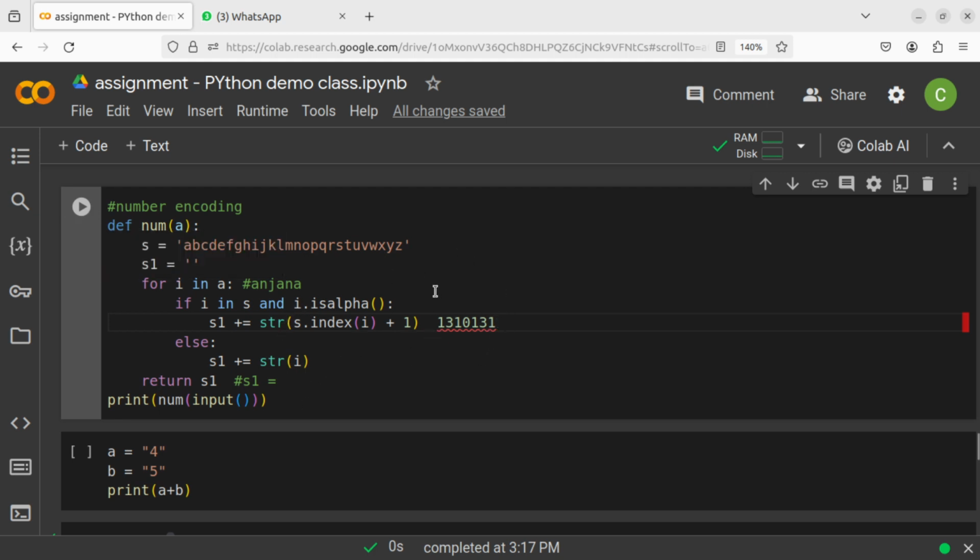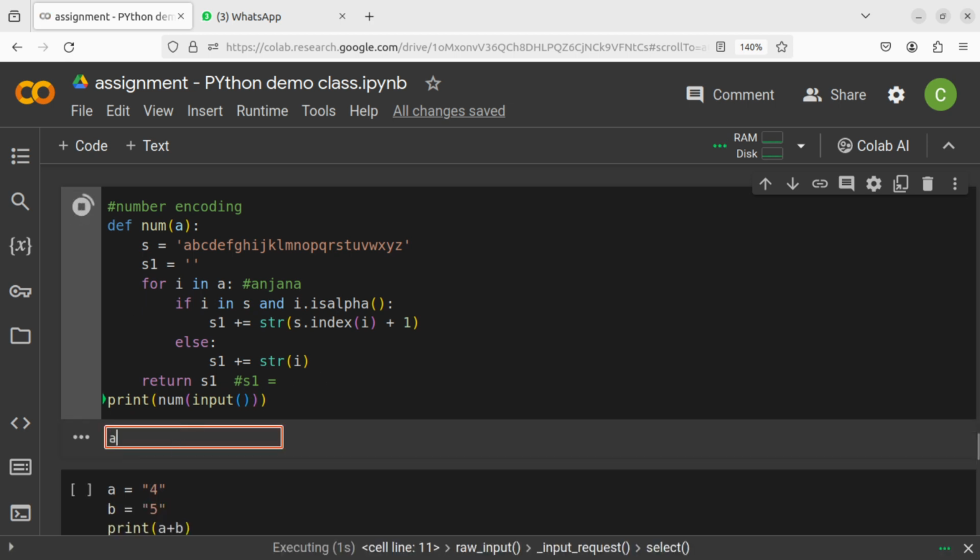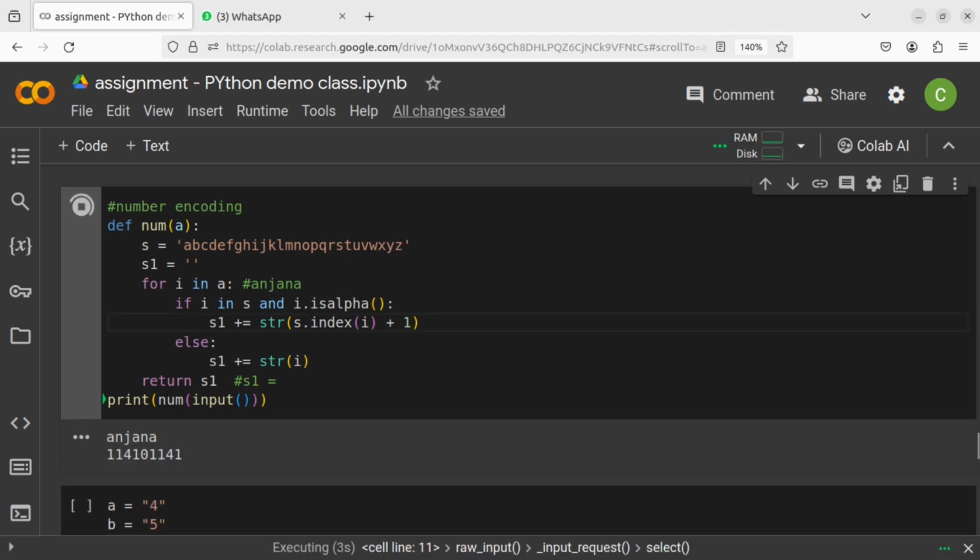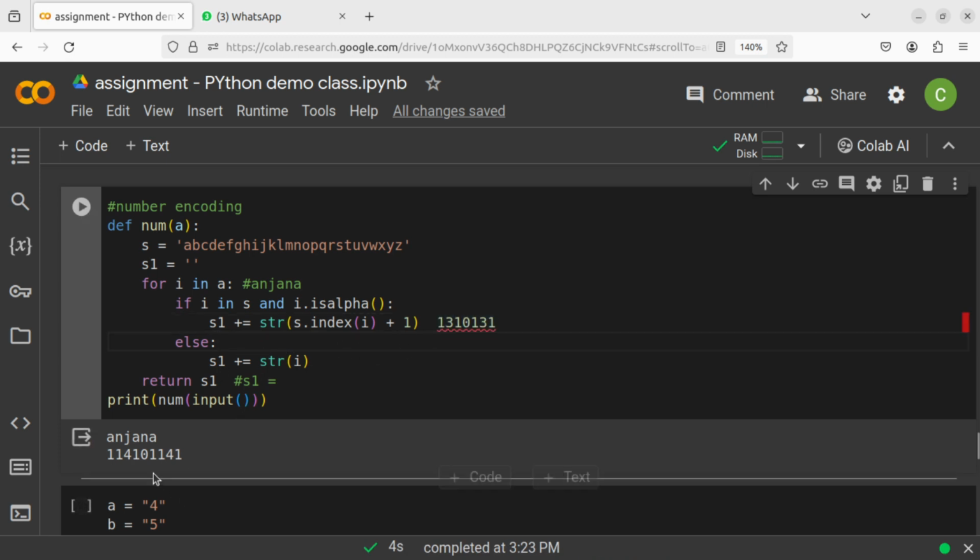Okay, so let's try it. I'm not sure, but let's do it. So if I say ANJNA, we are having some error. Okay, so this is not the output. So the output is your 1